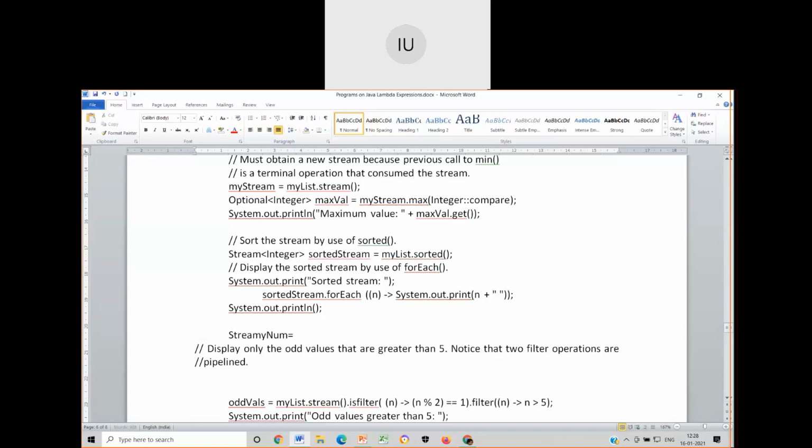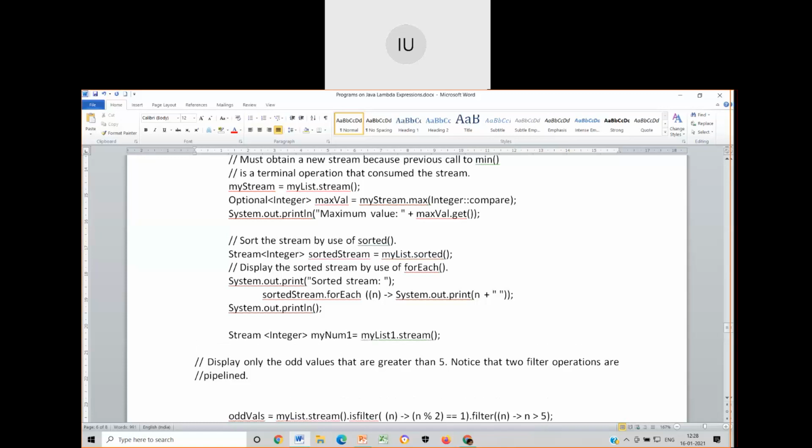Let me just write Stream<Integer> myNum1 equal to, say, myList1, which is something else, dot stream. Okay, I have got list1 and list2.